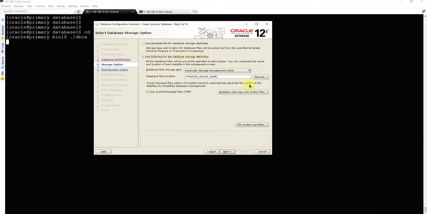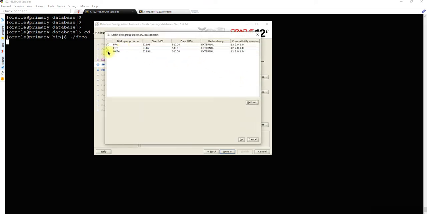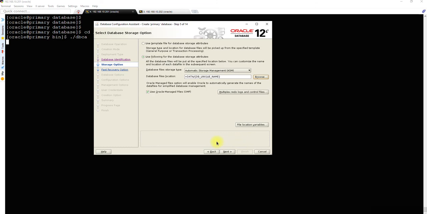The data files location is incorrect here. Need to select data, and remove the DB unique name. Eventually it's going to take the DB unique name. Make sure the files are OMF based files, Oracle managed files. This is where Oracle decides the directory structure under plus data. So it will put the DB unique name, and under that it will put all the files accordingly. It is a lot easier to do backups, recoveries and all those parts, okay. Oracle takes care of the directory structure without us touching any of it,